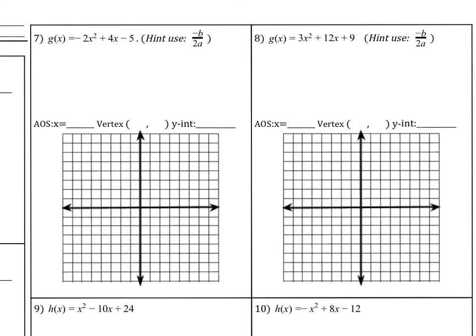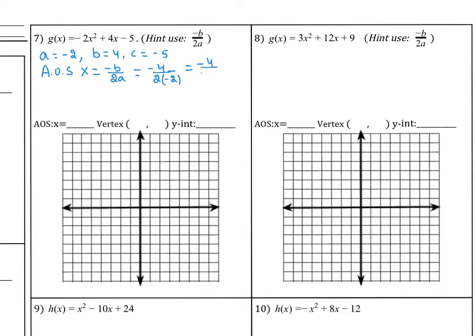Chapter 2.2, Day 3, question number 7. This one you're going to find the vertex, the axis of symmetry, and the y-intercept. So first thing we're going to do is to list down a, b, and c and use the axis of symmetry formula, that is x equals negative b over 2a, and that's negative 4 over 2 times negative 2,